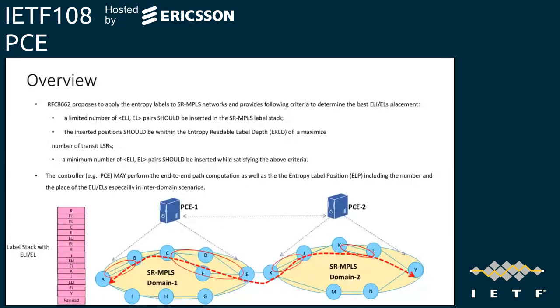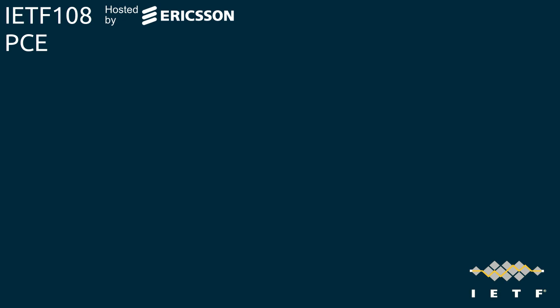So the label stack with the ELI-EL is like the table shows. The top one is B and ELI-EL, C, E, and ELI-EL, X, J, ELI-EL. Then the K,